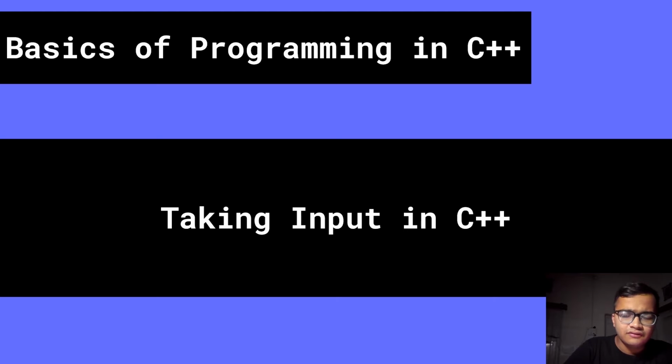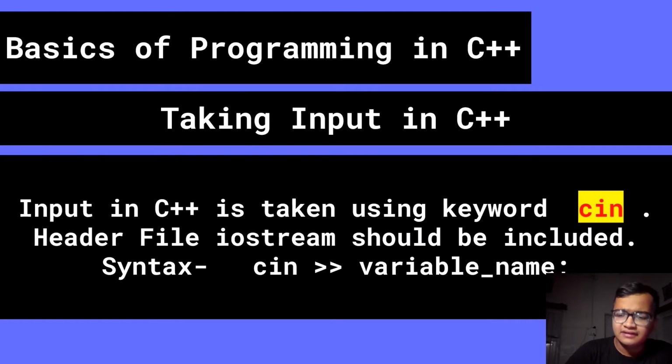in C++. For taking inputs in C++, the keyword cin is used. The keyword which is used is called cin. I hope you can see it. It is called cin, and the header file iostream.h is to be included at the beginning of the program. We have already mentioned in the previous section how to include header files, using #include <iostream.h> as the first statement of the program, which is called the preprocessor directive. It directs the compiler to invoke the iostream.h library, which contains the signature of cin, that is the input and the output statements.